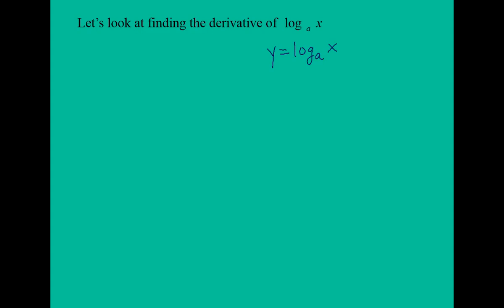Now the equivalent exponential form is a to the y equals x. And now we'll take the derivative implicitly. One of the rules that we need to remember is if we take the derivative of, let's say, a to the x, we know the derivative is ln of a times a to the x. Now applying that rule,